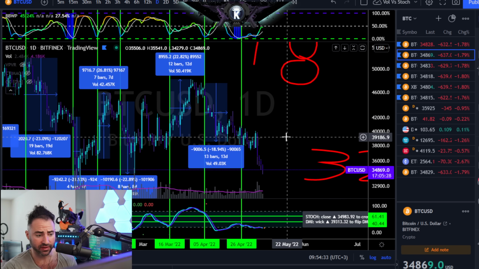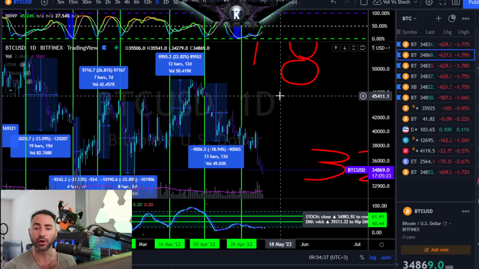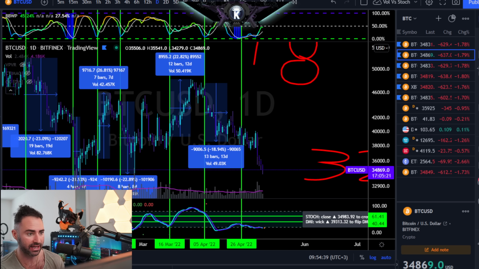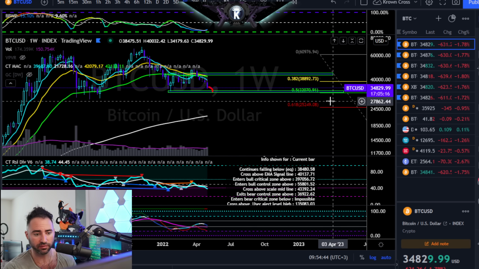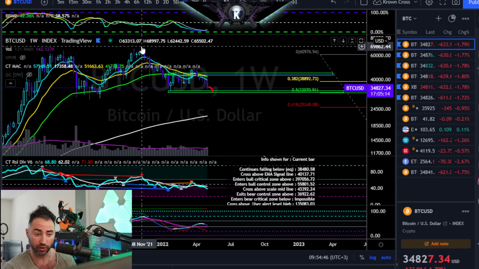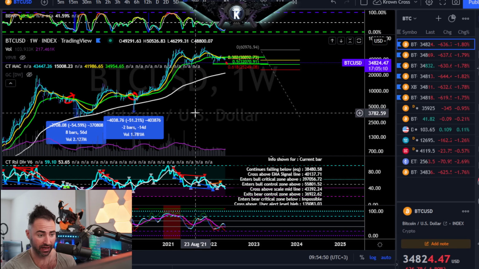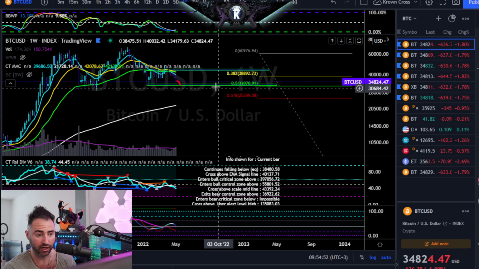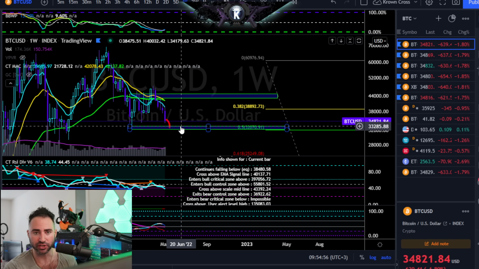So yes, based off of this, I am still looking a little bit lower, but I would be looking for a bounce off that area. It's very much confluent with several other things that we're going to look at in a second right here, such as this, which I brought up yesterday. This is the macro fib going from macro all-time high right now to our prior macro low, actually. And we do see that the 0.5 Fibonacci retracement is right around that low $32,000 region as well.